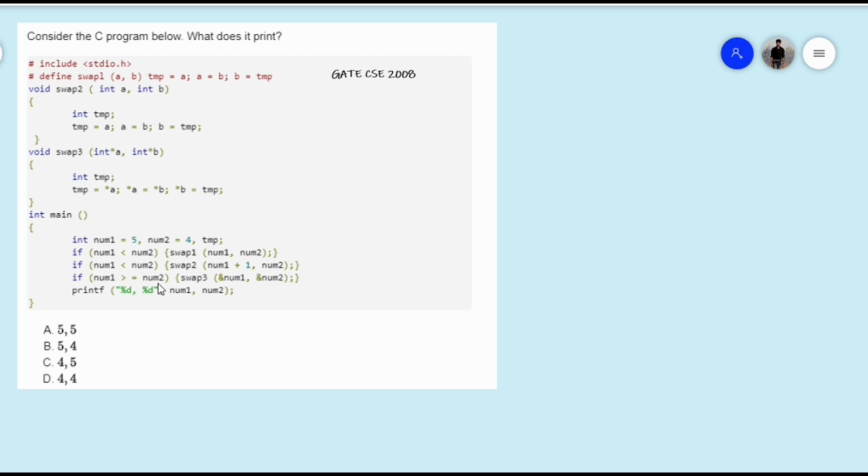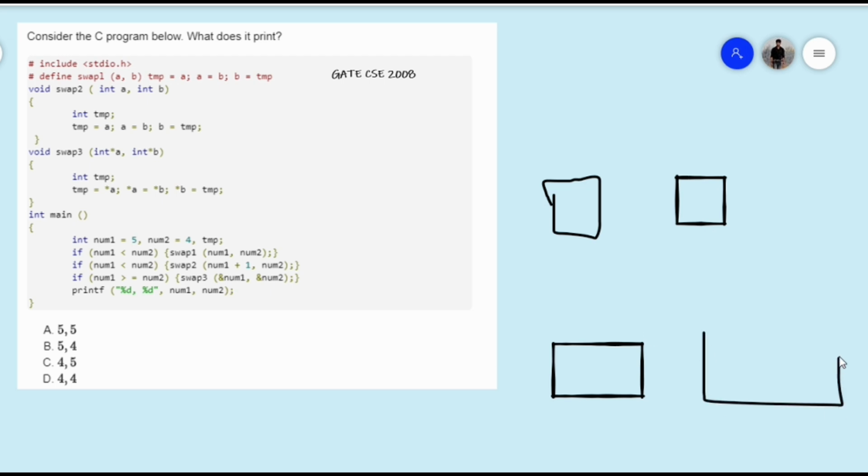Okay, let me explain with a pictorial representation. Suppose this is your num1 and this is your num2. And here when this swap3 function is called, suppose this is your a and this is your b.